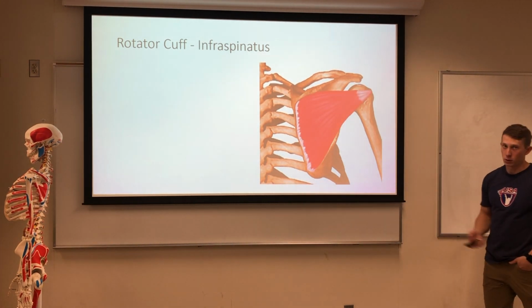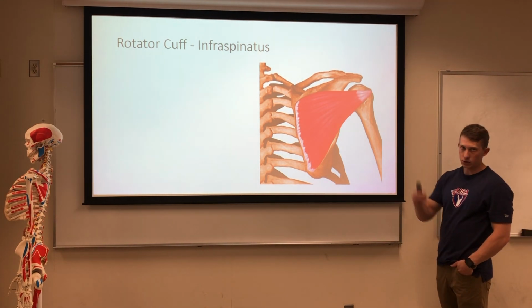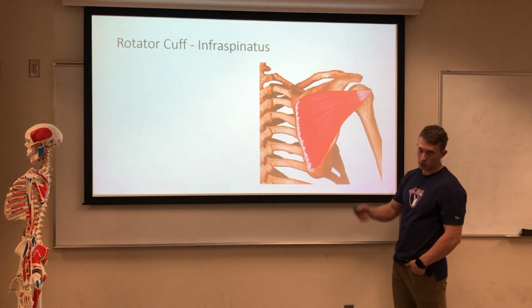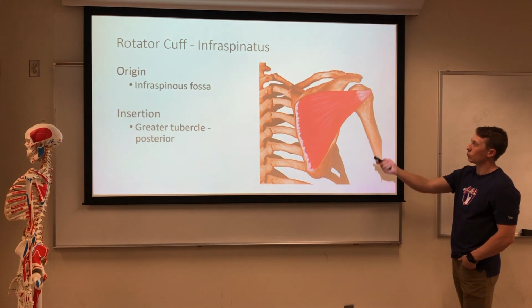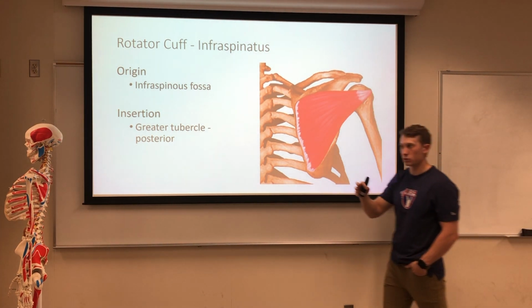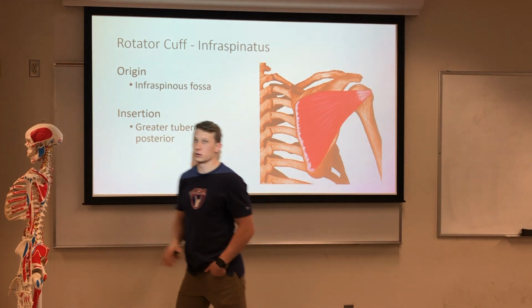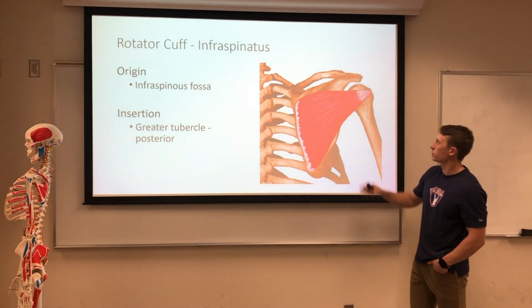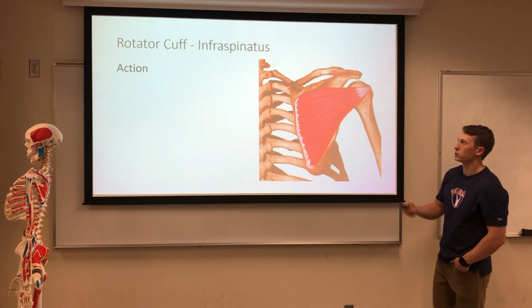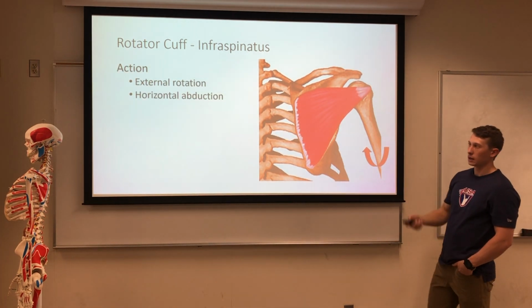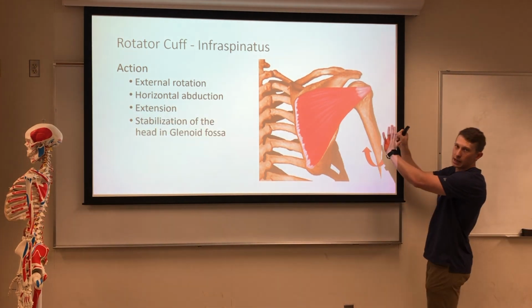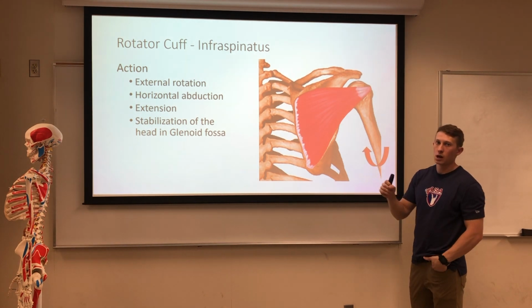Okay? If we move posterior onto those external rotators, remember IT in the SITS is our external rotator group. So infraspinatus, the I, has an origin on the infraspinous fossa, insertion greater tubercle, posterior. So those other three sit here on that greater tubercle, lateral on the humerus. Okay, but we're posterior and we're oblique to the joint, which will allow us to perform external rotation. They also assist in horizontal abduction and extension and help us stabilize against anterior translation of the humeral head, where